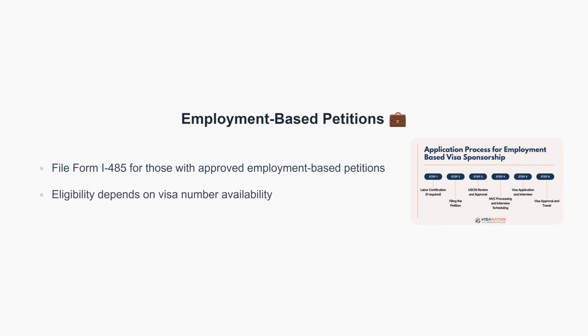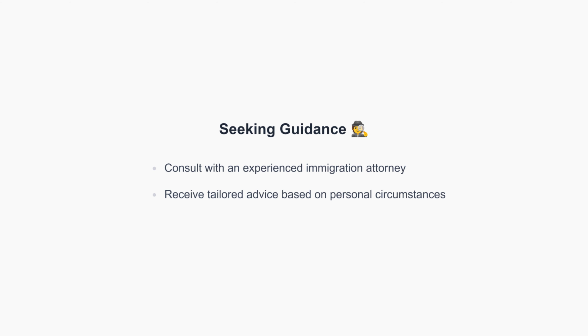For those who have approved employment-based petitions, changing your status involves filing Form I-485. This form is crucial for adjusting your status to a permanent resident. It's important to note that eligibility for this adjustment also depends on the availability of visa numbers. When considering changing your immigration status, it is highly advised to consult with an experienced immigration attorney. Immigration law is highly complex, and a legal professional can provide tailored advice that specifically addresses your circumstances and aligns